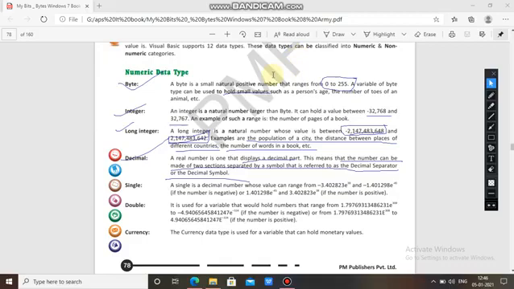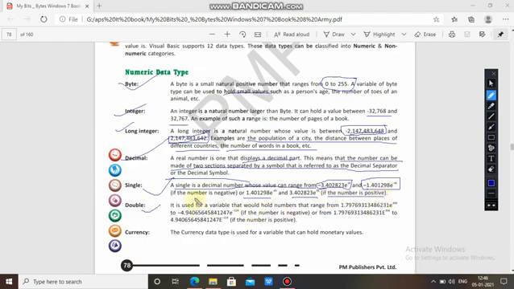Now single. In decimal also there are two types, single and double. A single is a decimal number whose value can range from minus 3.40283 e power 38 to minus 1.401298 e power minus 45 if the number is negative, or 1.401298 e power minus 45 to 3.40283 e power 38 if the number is positive.